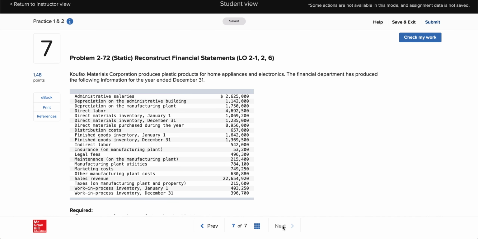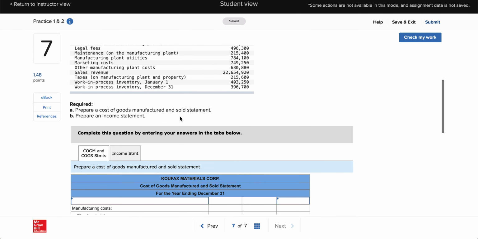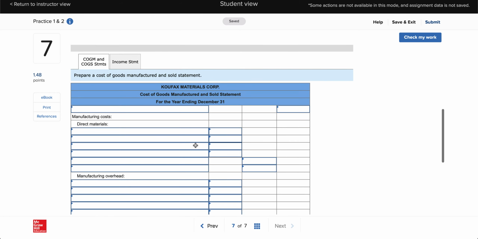We move on to the final question. And this is the largest of the questions here. This one has us preparing a cost of goods manufactured and sold statement, and then an income statement as well. Let's see. Okay, so when we look at the cost of goods manufactured statement,